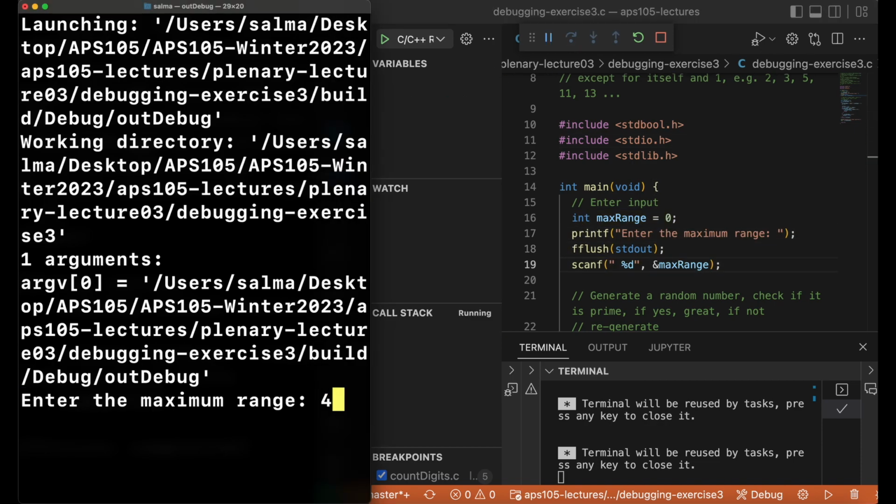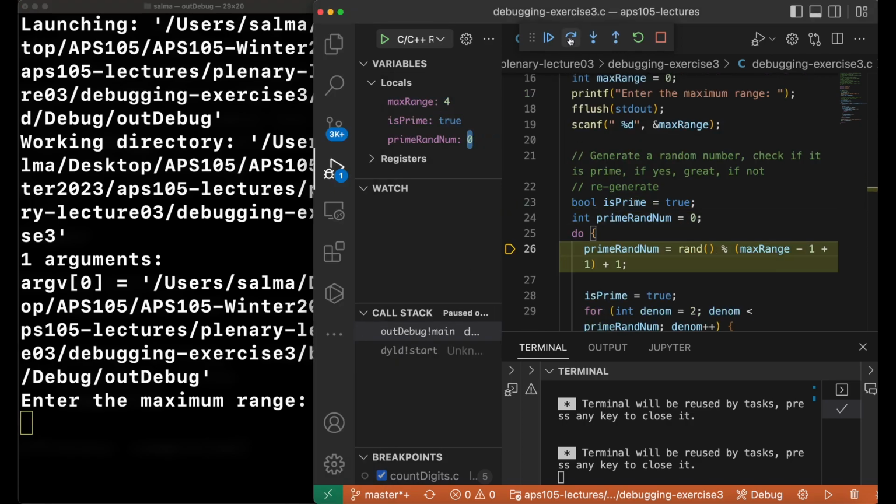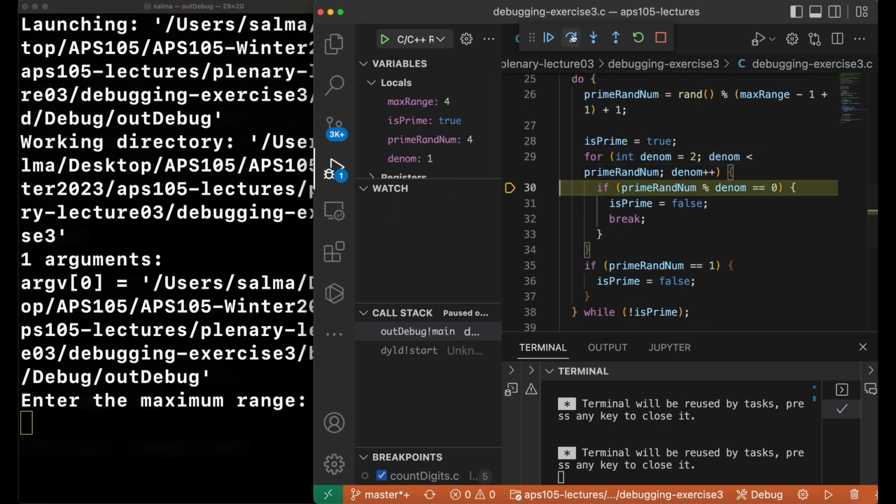I enter a number, let's say it's 4, doesn't matter because I want to have here a number that is just not prime. And step over and then find out that it's not prime. I break just the inner loop, not the outer loop. Okay, so when I broke just the inner loop and not the outer loop,